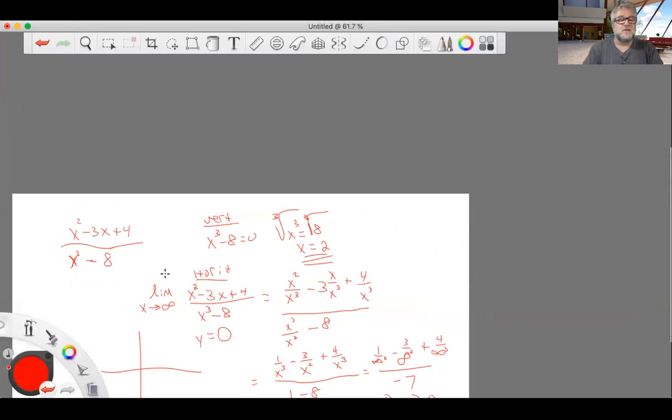Okay, so this is what we found here, that we got a horizontal asymptote at x equals 0 and a vertical asymptote at x equals 2. Okay, so that is doing